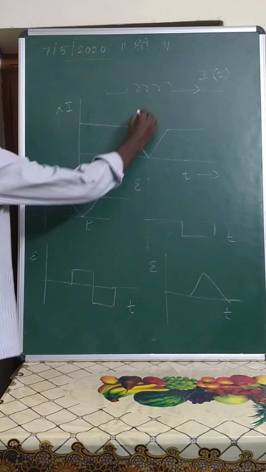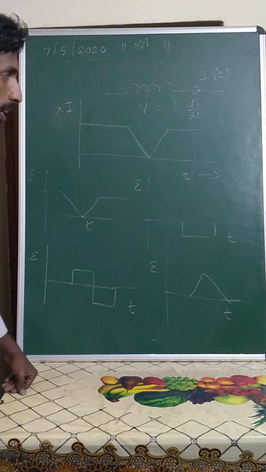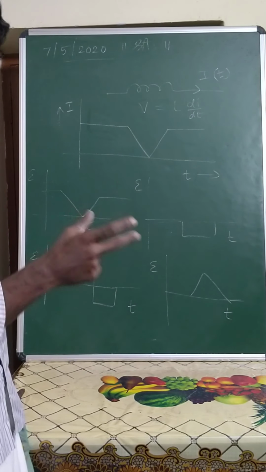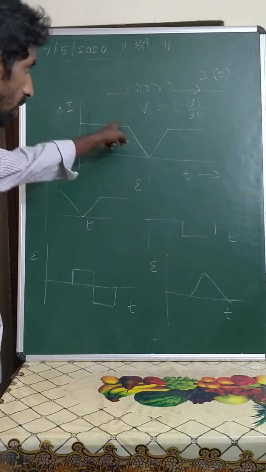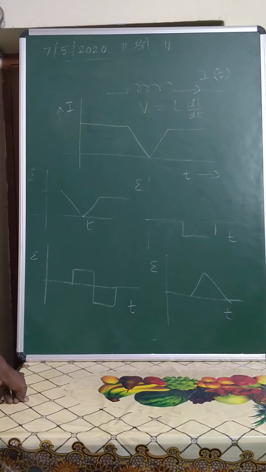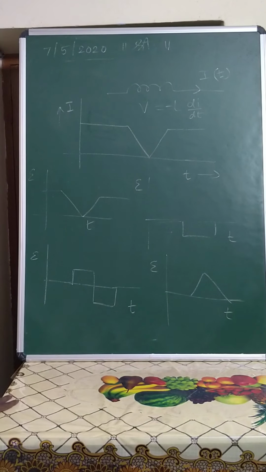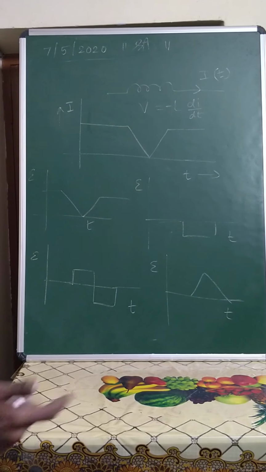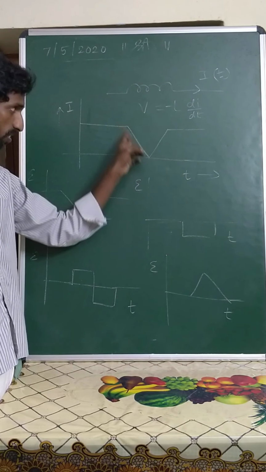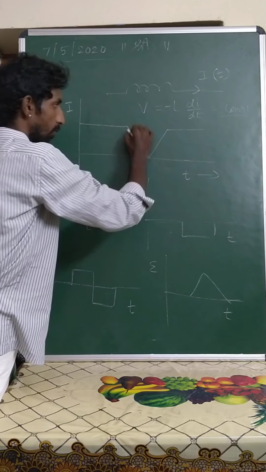Here we know that the voltage drop across the inductor will be L into dI by dt. L for the inductor will always be the same; we are not inserting any rod or anything. Suddenly the current decreases, which means dI by dt is negative. Here they are asking what the induced EMF is. E is equal to minus L dI by dt. But the current decreases, so this minus becomes plus. During this change, dI by dt is constant, since I is decreasing uniformly, so V will be constant and positive for this case.